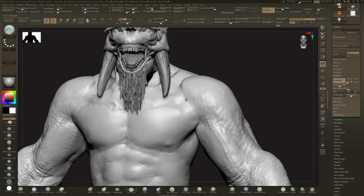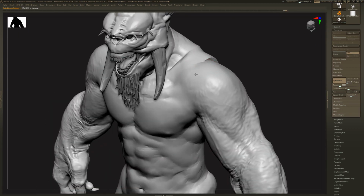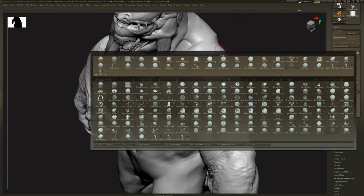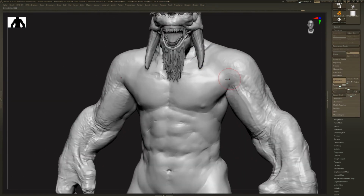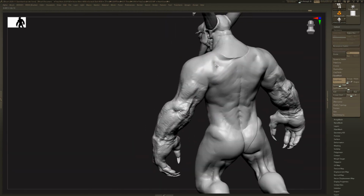Look how nicely it bridges this without creating too much noise. Love this brush. I'm guessing whoever SK is, they made a modification to the fill brush. Is there a fill brush? There is no such brush. To one of the clay brushes. But I can't be bothered with that, so there's one example of how you can easily meld